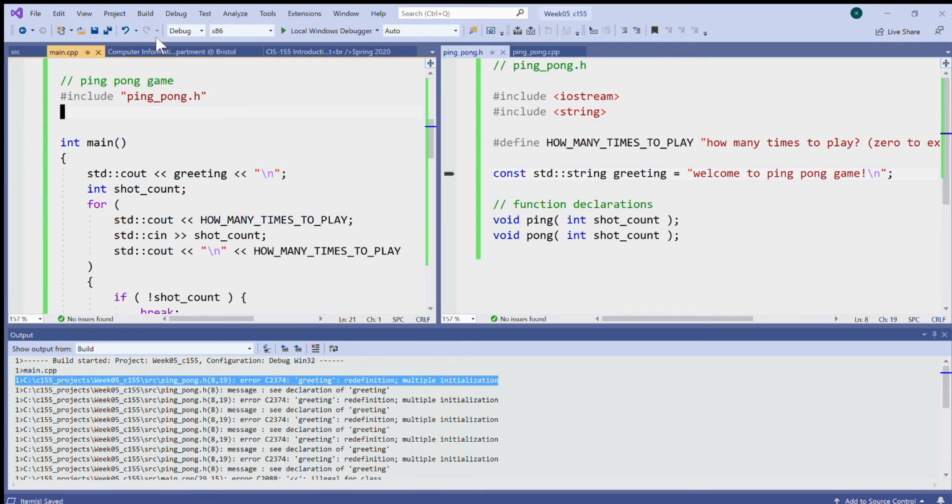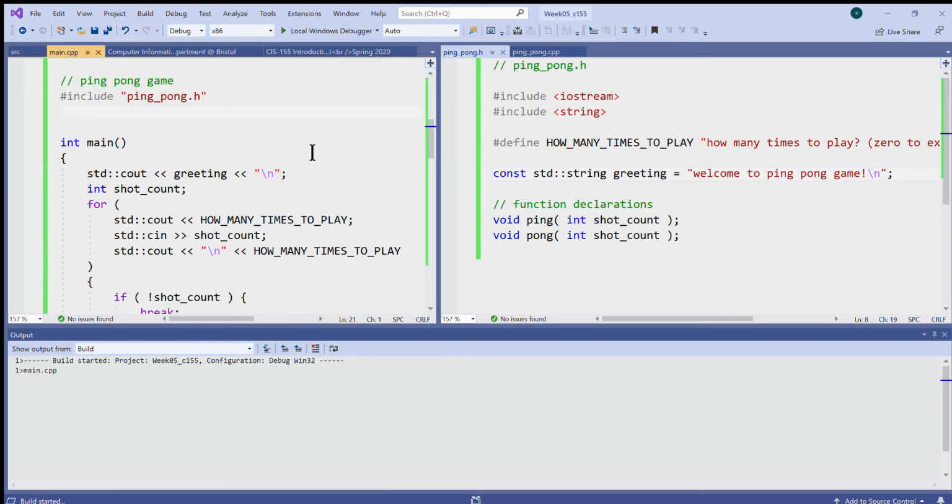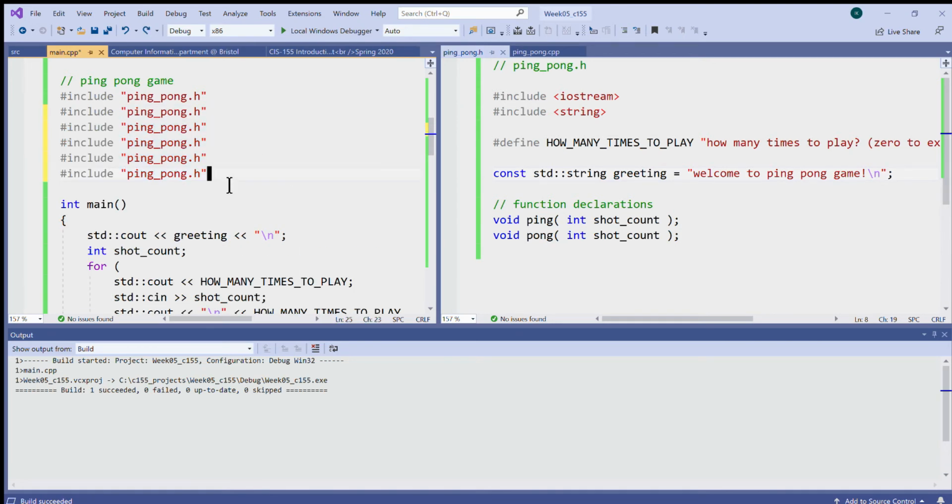If I get rid of it and say build, it will be fine. And I told you that what happens is that sometimes this header file may include another header file, which in turn includes this header file again. So there could be not subsequent inclusion of the same file, but recursive inclusion of the same file, which presents